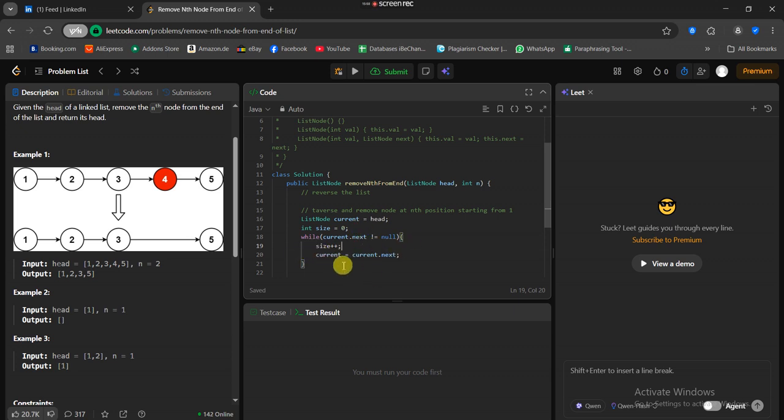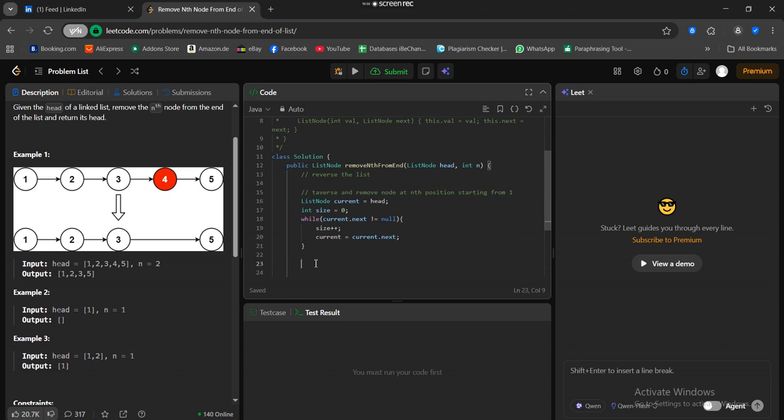So we get the size there. And now we can do int stop equal to,